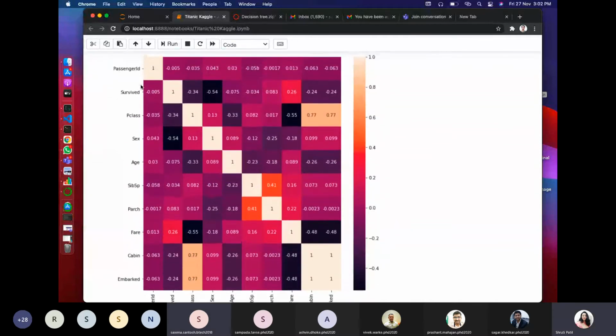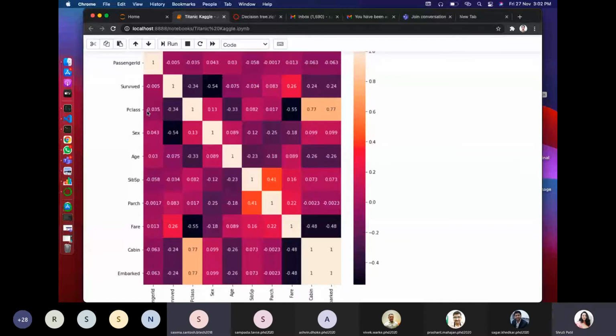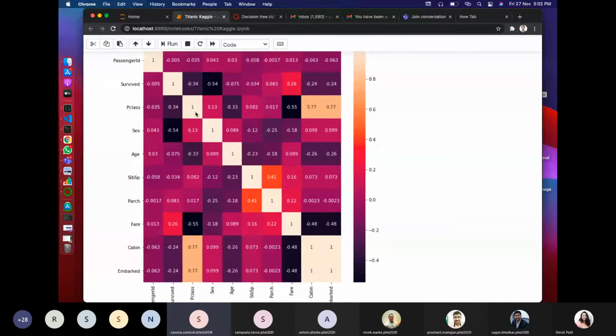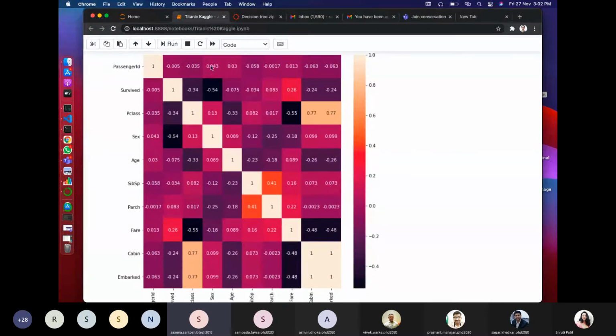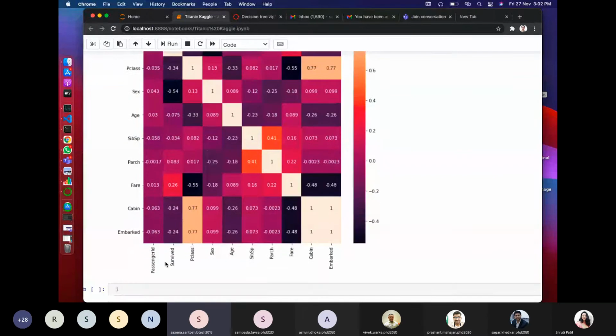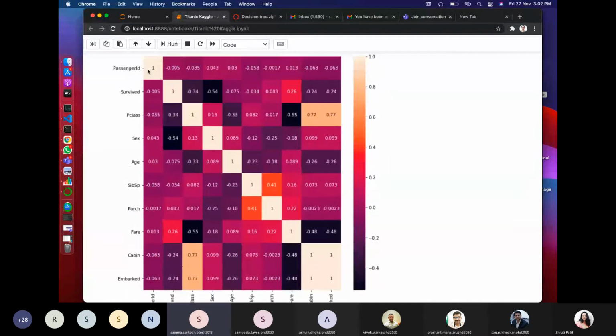But then please also explain to me the meaning of this correlation. Yes. So what is the meaning of correlation? We can say correlation means nothing but relation. Like when we say A is directly proportional to B, then those two values are correlated to each other. Similarly, inversely proportional or equal. Then we can say this is correlation. So what this graph shows is that passenger ID is highly correlated with passenger ID. You can see this.